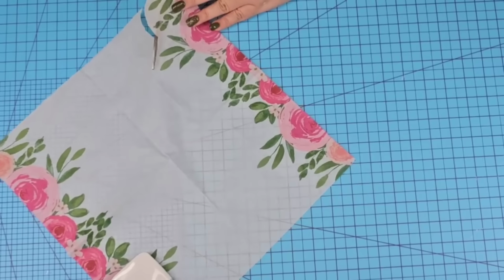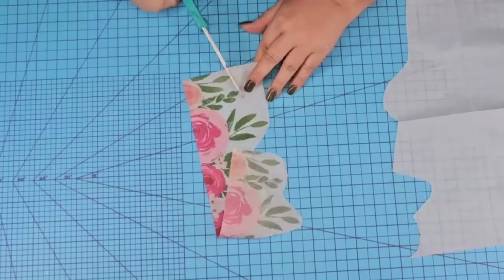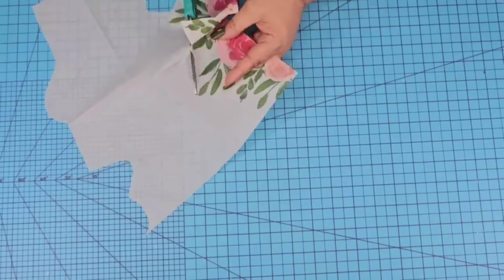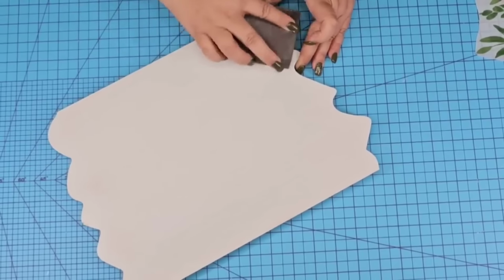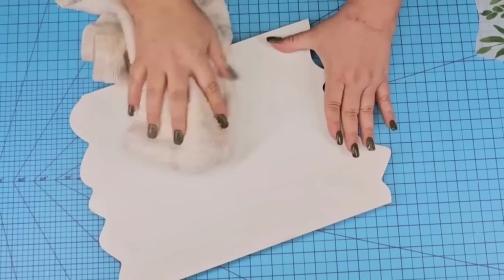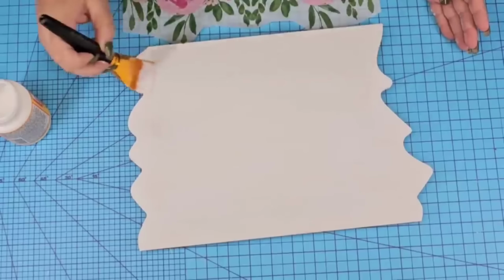Now I'm going to cut off just the design of the bottom napkin, so that we're just Mod Podging the actual designs. I'm going to pull off both designs because we're going to put one on the top as well as the bottom of the board. I'm going to lightly sand the surface once it's dry, to make it nice and smooth, and then remove any dust. Now, again, we're going to use Mod Podge, so I'm just going to add it liberally to